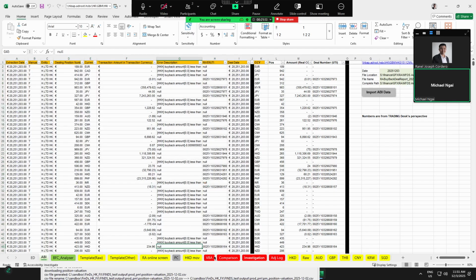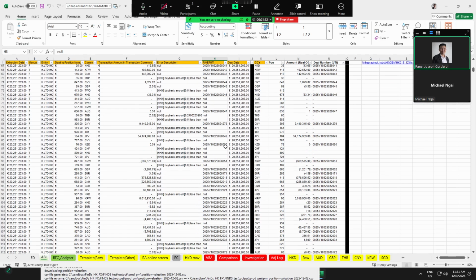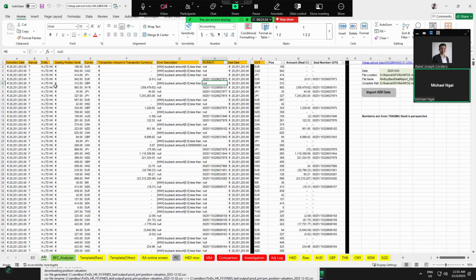Here, sometimes the Excel does not automatically show the latest version. So if you just look at column A, the extraction date, just make sure the date is up to date.